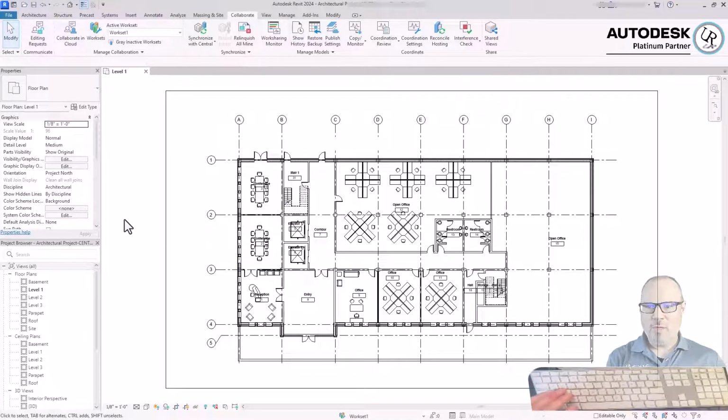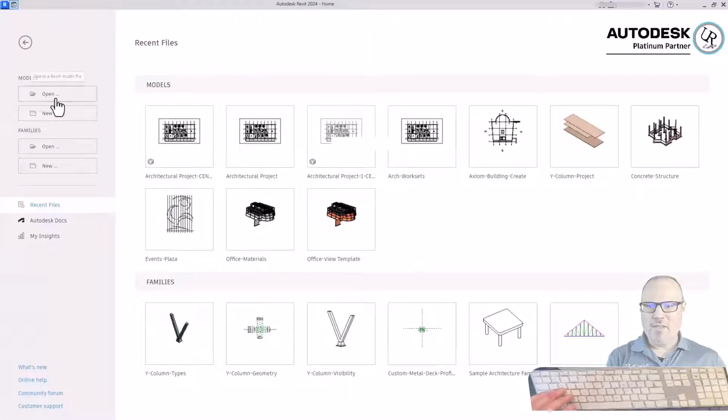Again, it looks like nothing has really changed, but at this time, I now have the central model file open, and that is not a good practice because anyone working on this project cannot synchronize to the central file if someone has it open. So you want to immediately close this file and then go back into the save location